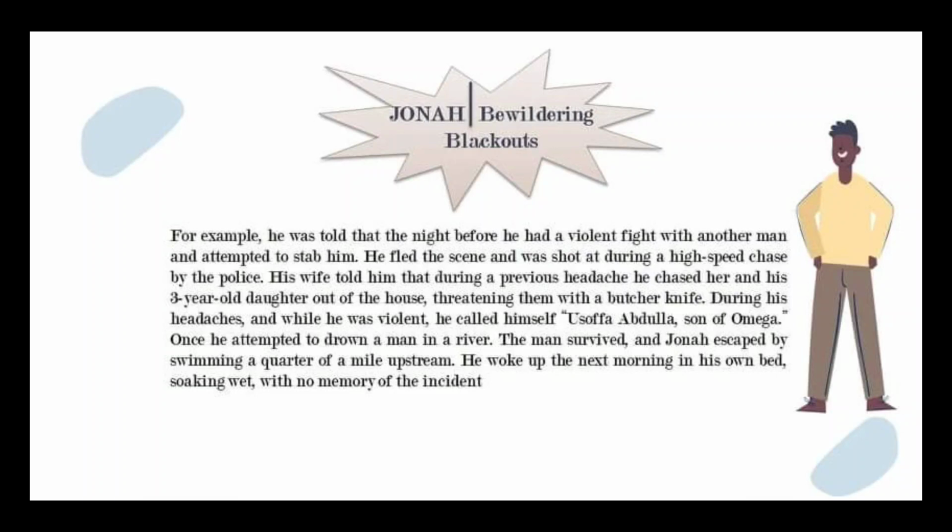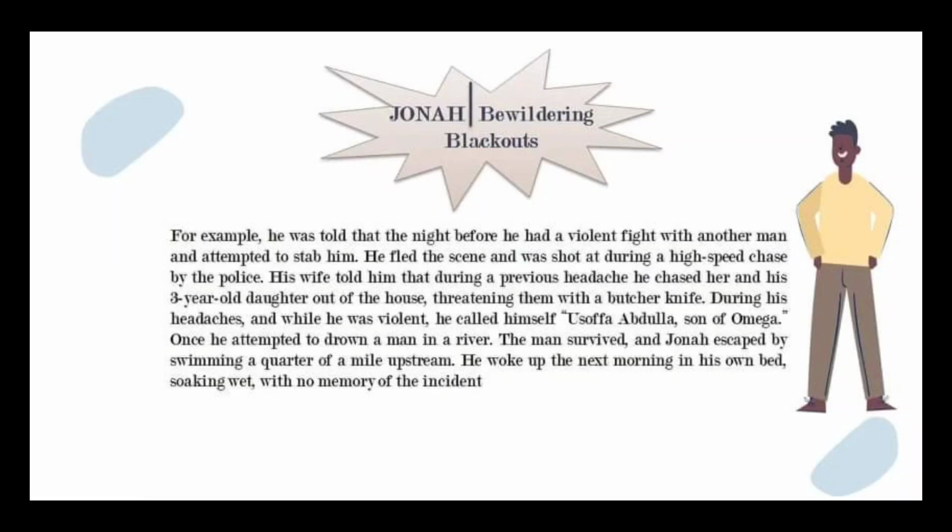He fled the scene and was shot at during a high-speed chase by the police. His wife told him that during a previous headache, he chased her and his 3-year-old daughter out of the house, threatening them with a butcher knife. During his headaches and while he was violent, he called himself Usufa